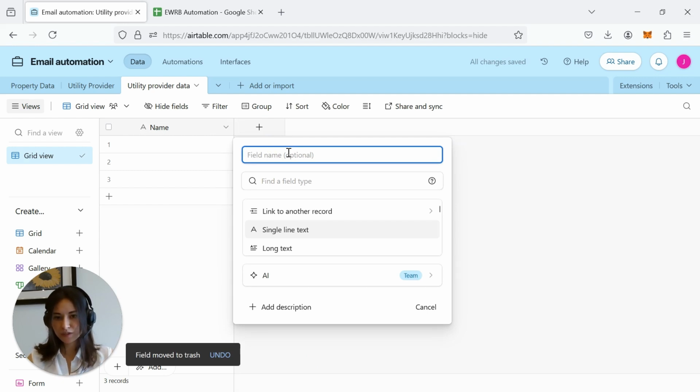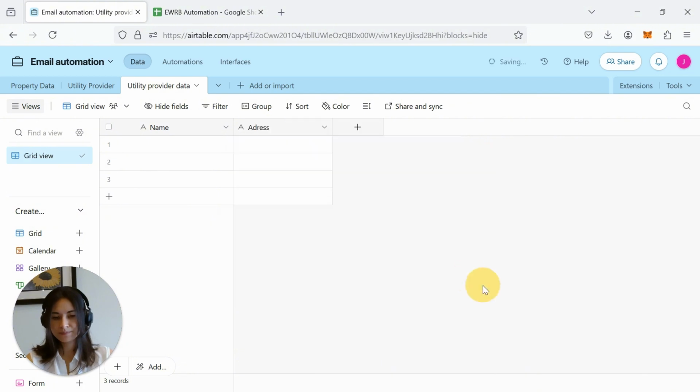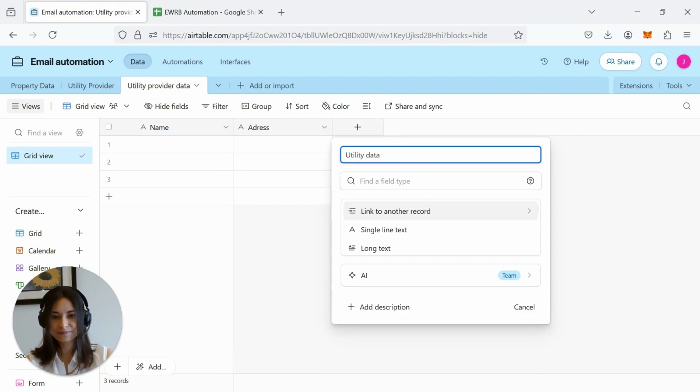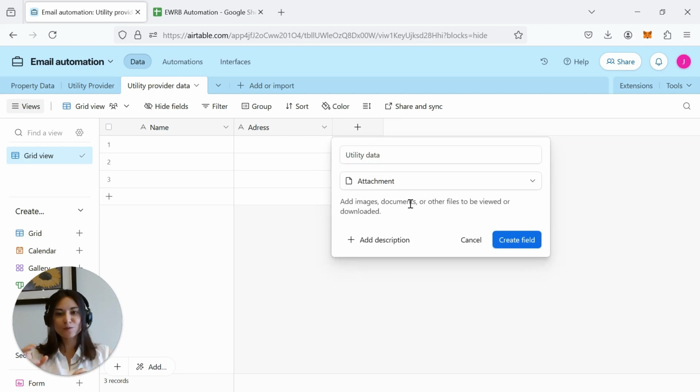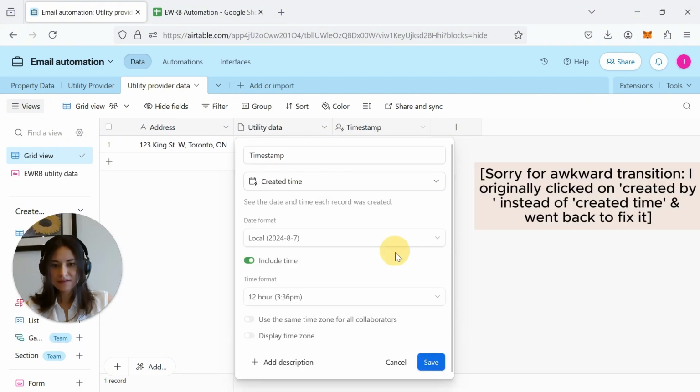The fields that we do want to create are address and utility data. And utility data is going to be an attachment, because what we're creating here is a form that the utility provider is going to see, and then they can drop in a spreadsheet of the data that you're asking for. Let's also add a timestamp, just so we know when they've responded to us. And timestamp is going to be this handy little lightning bolt created time,